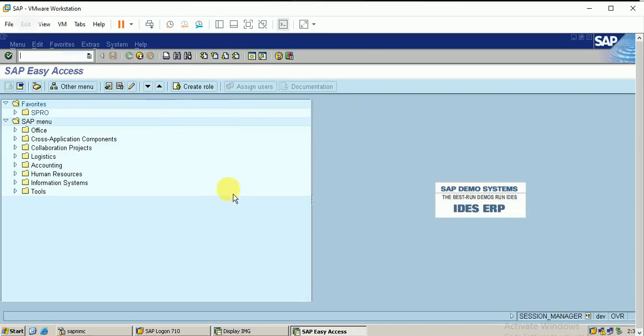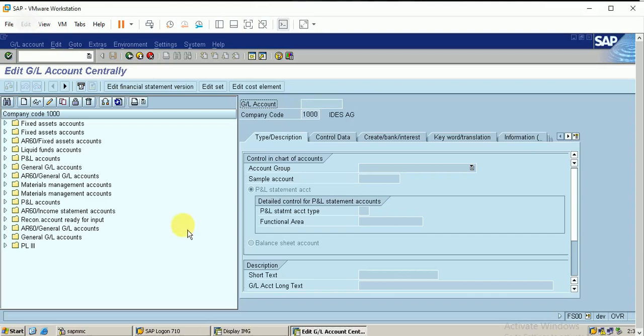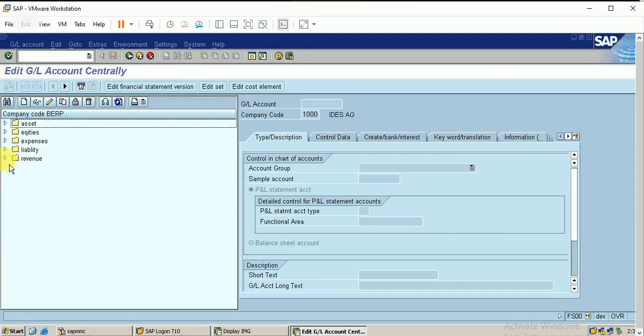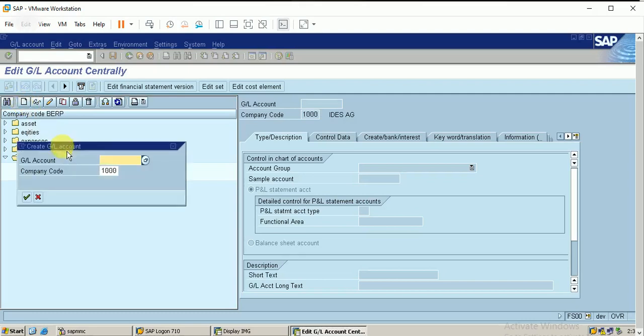Enter the new tab. I just want to create some new accounts. Just change the company code. So in the revenue, you can have the sales account. So this account we can link for the sales revenue, and we need to have some freight revenue. So just create a new account.